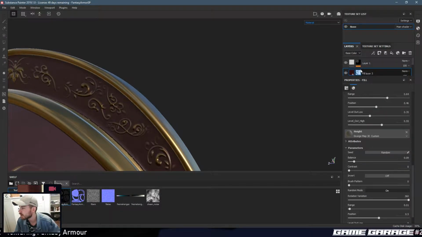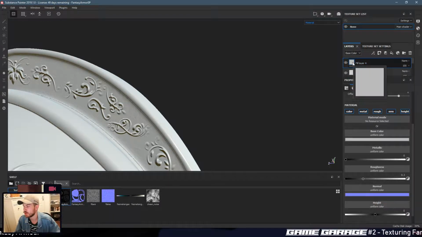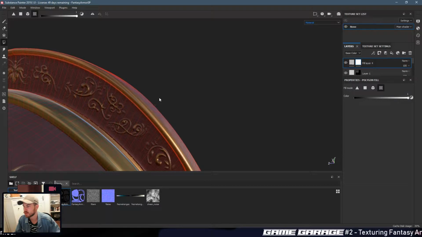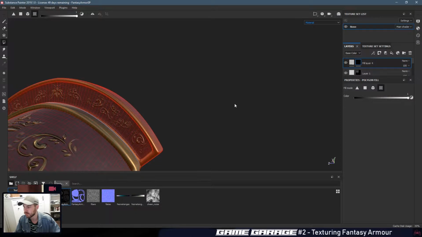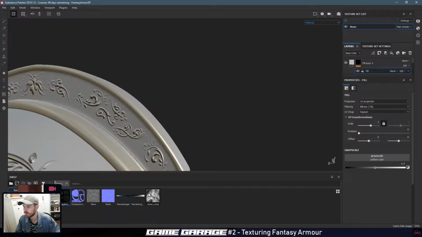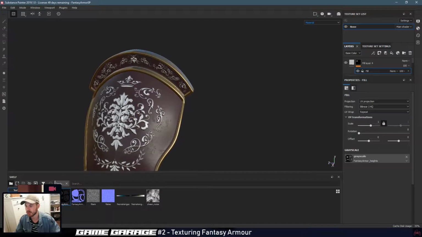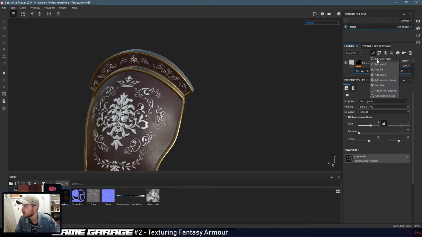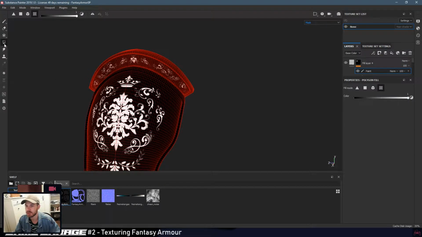okay, so I'm going to make a fill layer on top, and it's going to have a black mask, and then the mask needs to be the inverse of the gold one, but only really for these. So I'm going to add a fill and use this. So now we have all of that masked out, and what I can do is get rid of that. So I'm going to add a paint,